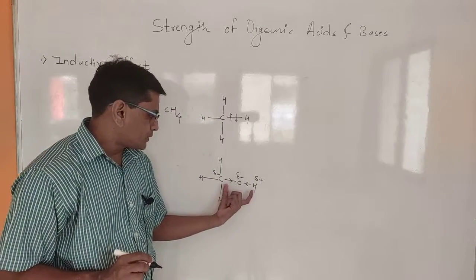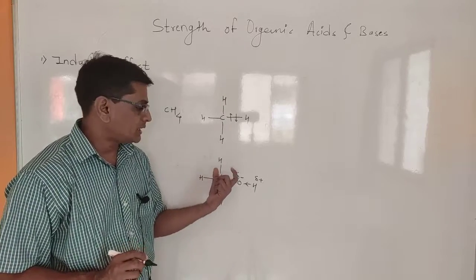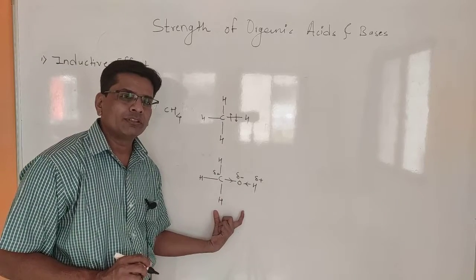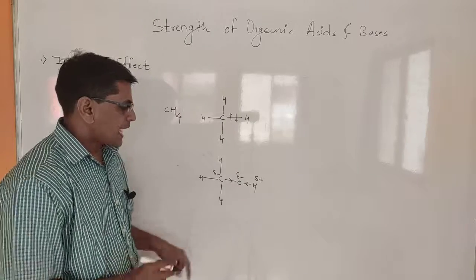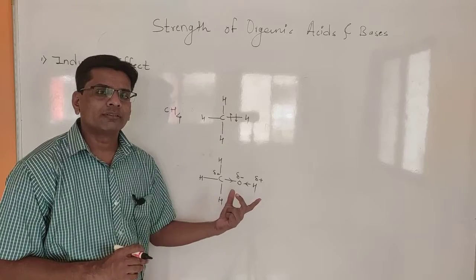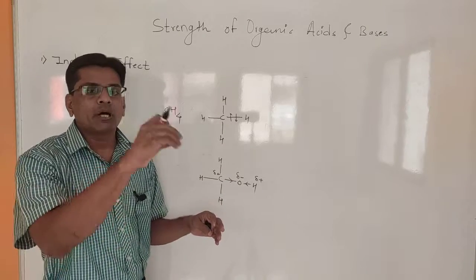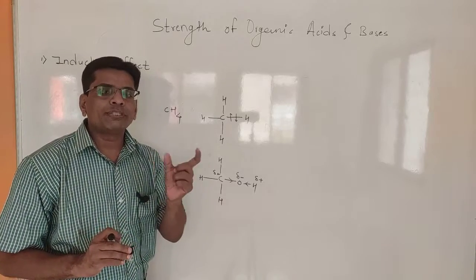When these two atoms create poles, that means according to the definition there is a polarization induced in the molecule due to presence of an electronegative atom. And this polarization is always through the sigma bond. Unlike resonance effect, electrons are not shifted from one atom to another atom. Here, the electrons are shifted only within that bond.